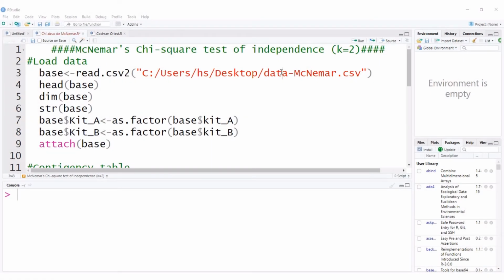Welcome to Minukuu tutorials. Today we're going to see how we can perform McNemar's Chi-square test of independence in R or RStudio. So basically, McNemar's Chi-square test of independence is usually carried out to assess the relationship between two